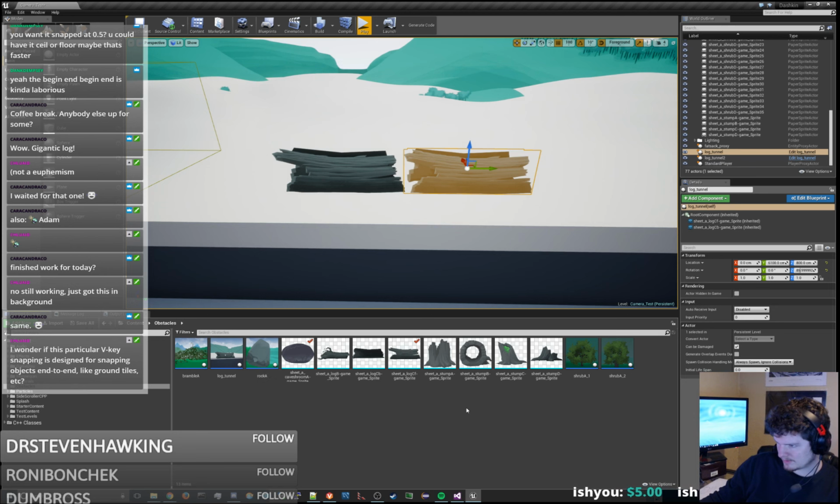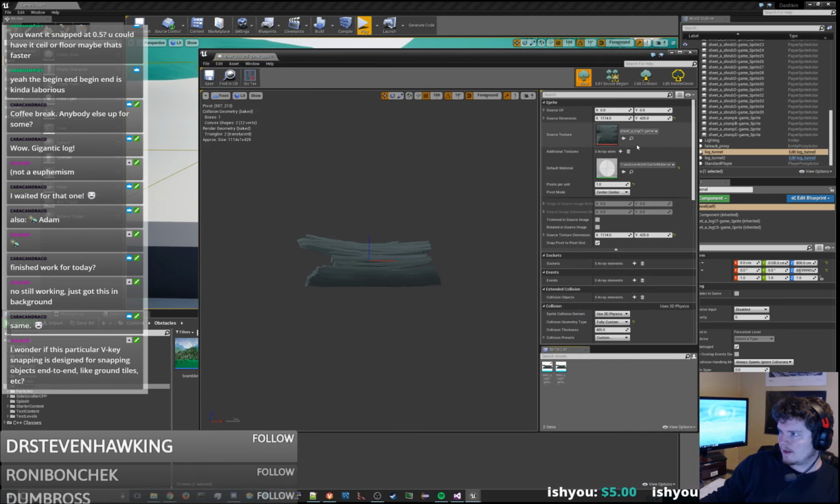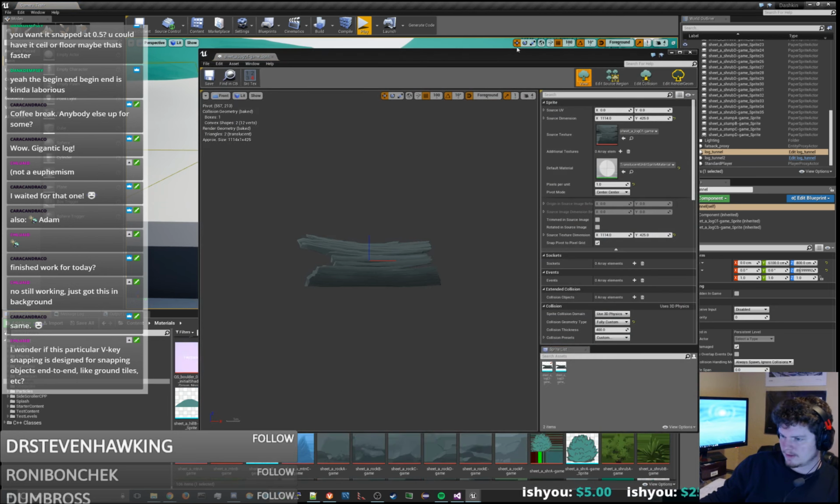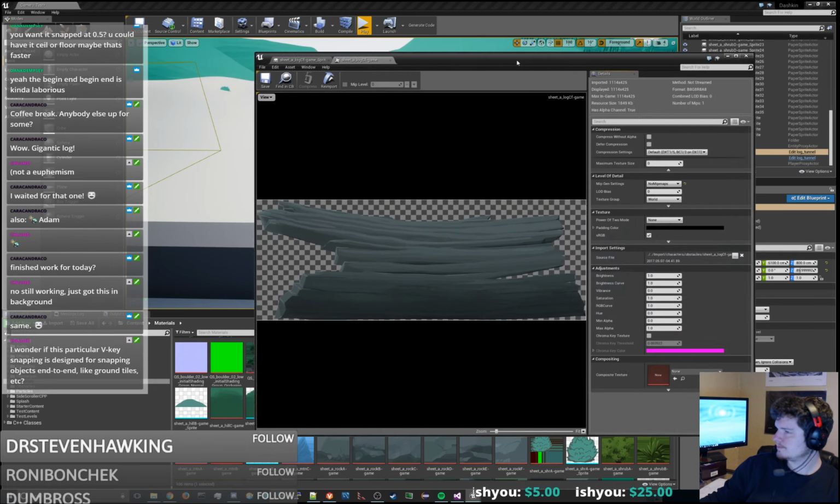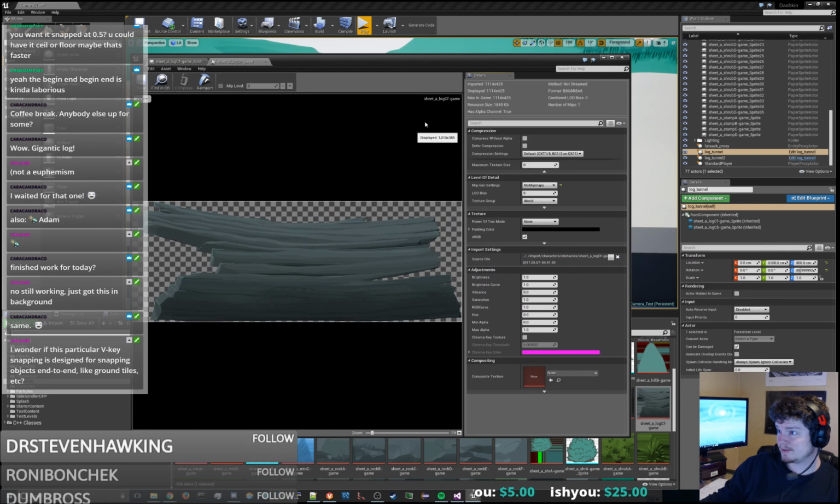So like these logs, we can look at the actual texture for the log. And the texture for the log is 1100 wide. So yeah,